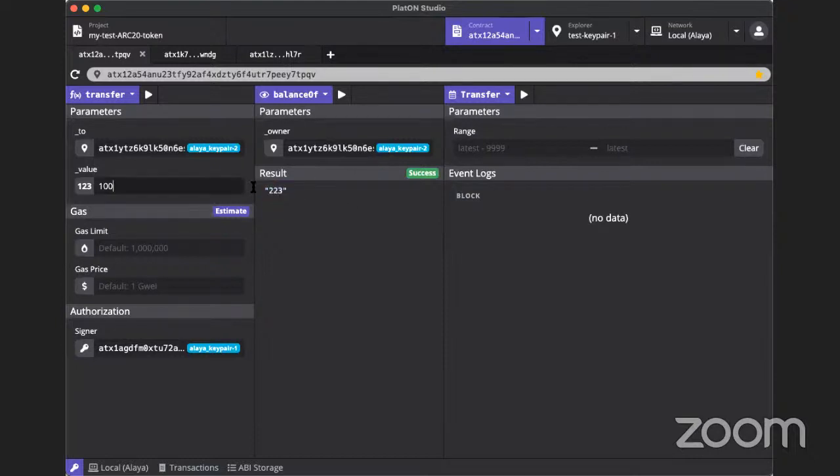So let's do another 100. Right now it's 223. So let's do another 100. Let's see. We did another transfer of 100 tokens to key pair 2. And now we check the balance of key pair 2, which is supposed to be 100 more, which is 323. There we go. So that means the transfer function has been successfully carried out in our contract, which did a transfer of 100 of my test tokens